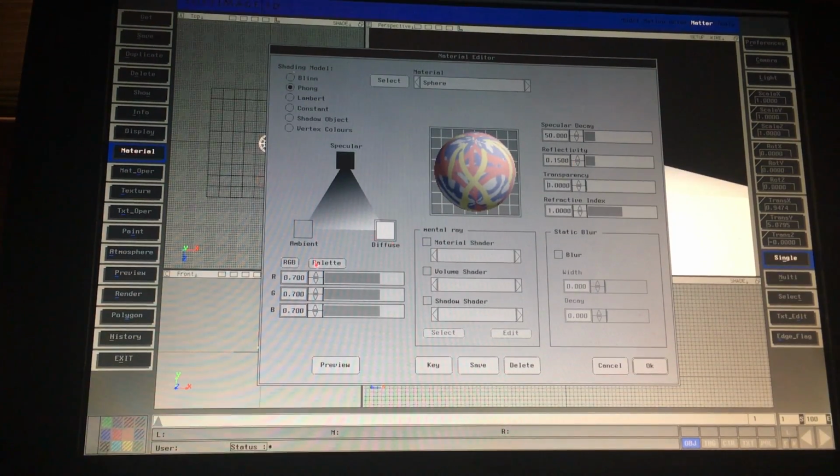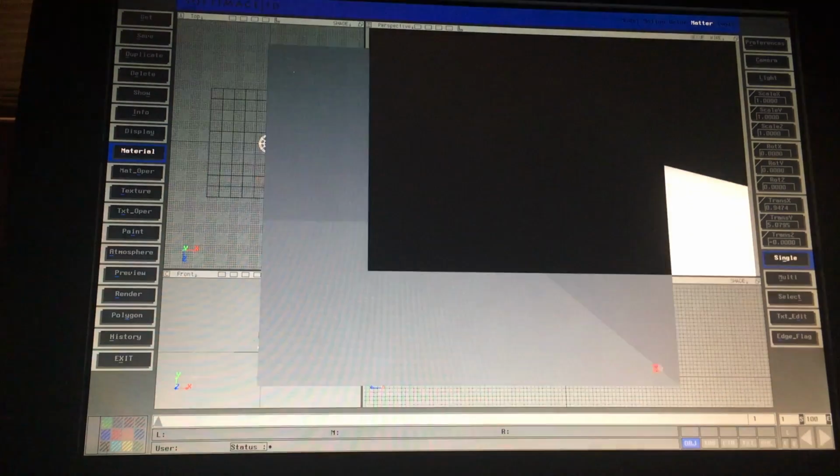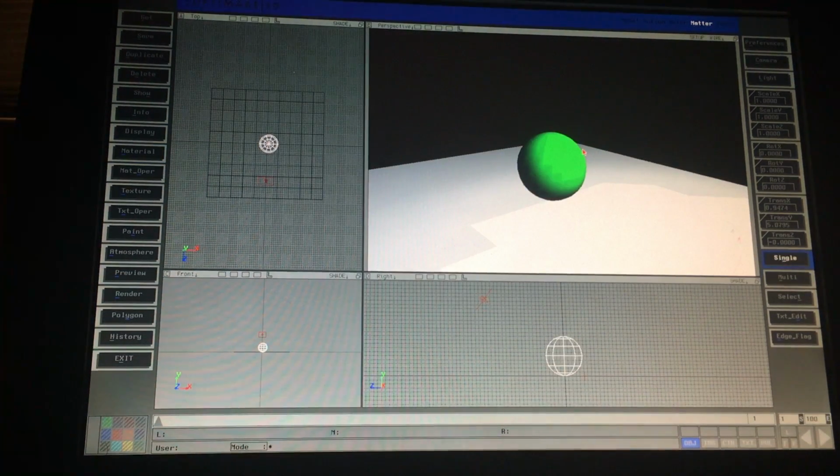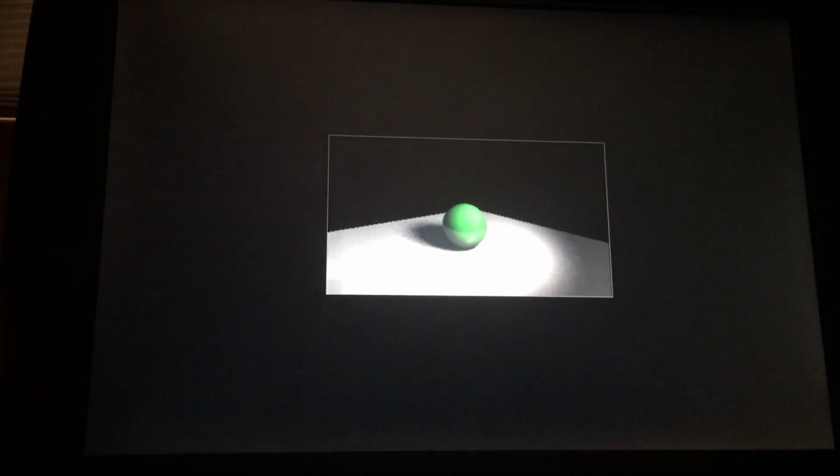And then we'll go to diffuse, and we're going to set this color to green. And we're going to go down with red, down with blue, and turn up the green a little bit. And we hit OK. So now we've got that. So let's see. We go down here to preview, all. I've got a green sphere that, you can see that it even is reflecting the ground, but there's no